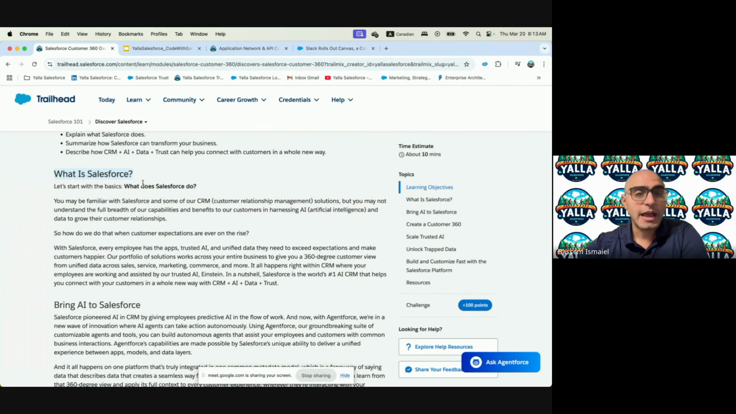What is Salesforce? Again, Salesforce is CRM. It started as customer relationship management. And the more you understand about your customer, the customer experience will be at a whole new level. So it's all about bringing all of this data together, bringing all of these apps together, having the data and metadata in one place so you understand your customer way better. But you may not understand the full breadth of capabilities and benefits of the customer. And that's why we are in here to put the AI and the data and the CRM together in one